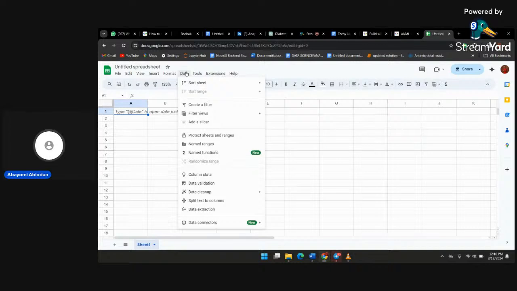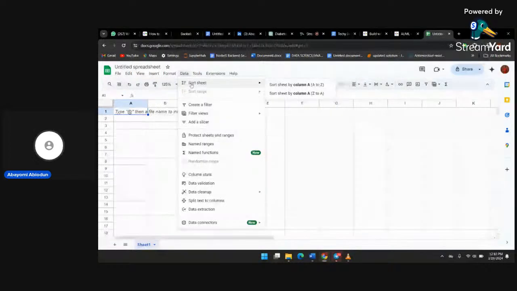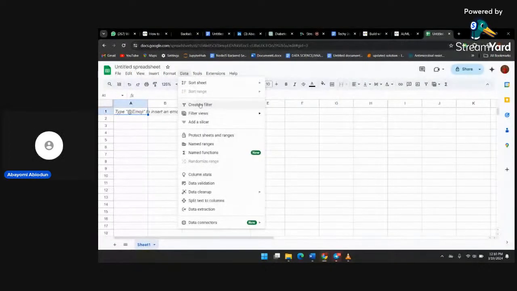So in data aspect, we have sort sheet. You can sort the whole sheet, maybe in descending order or ascending order. You can create filter. You can filter view. You can add slicer. Slicer can control the whole element in your